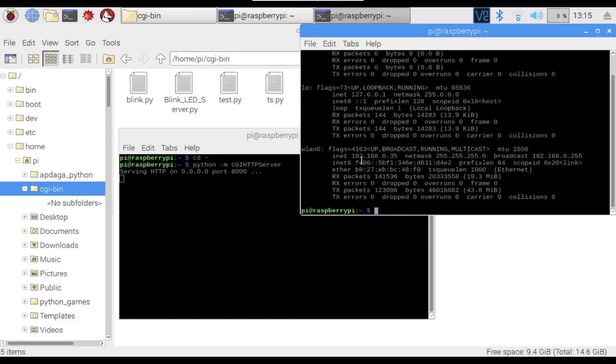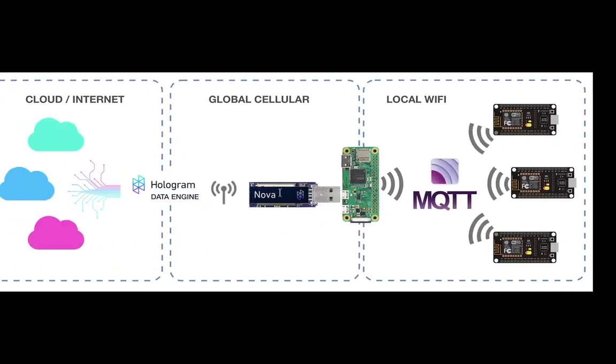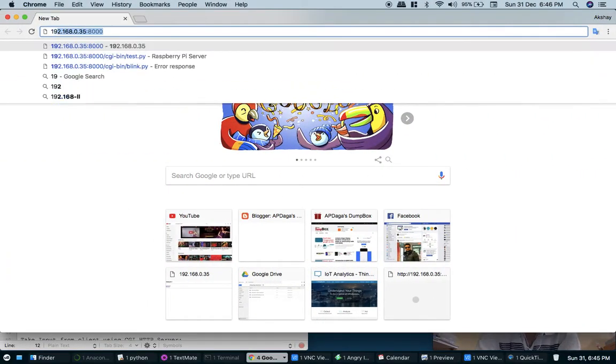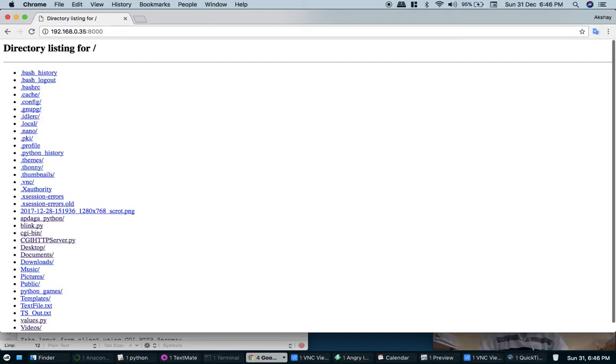You can see the IP of our Pi is 192.168.0.35. So type 192.168.0.35 colon 8000; 8000 is the port. Now we'll hit enter. You can see all the directories in the home directory. These are the folders in the home directory.